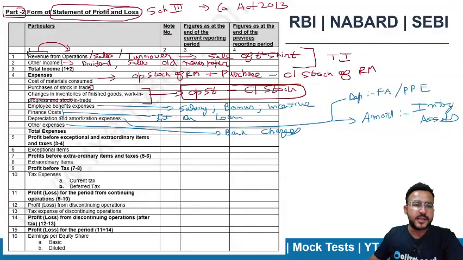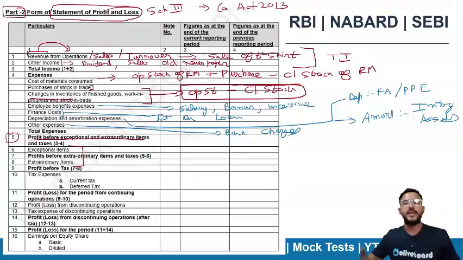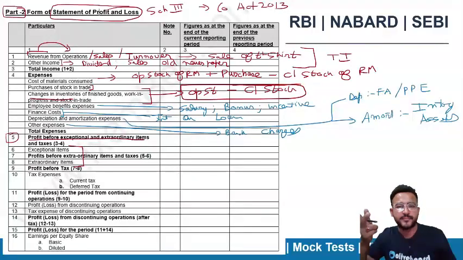Then after deducting all the expenses from our income, we will be getting profit. So profit before exceptional and extraordinary items, and then we will be making adjustment of exceptional and extraordinary item. Sir, what is exceptional, what is extraordinary? Look,